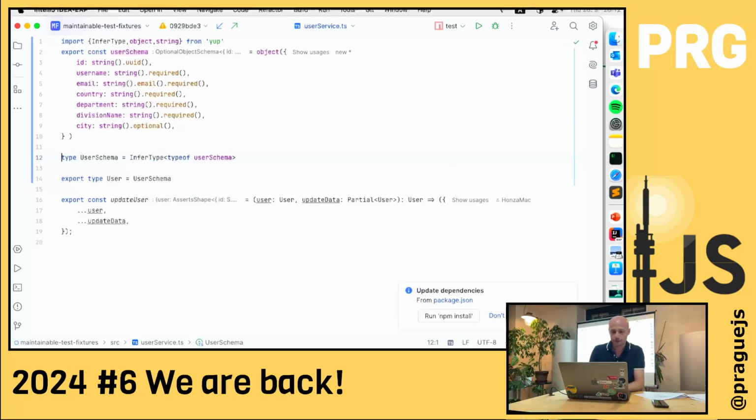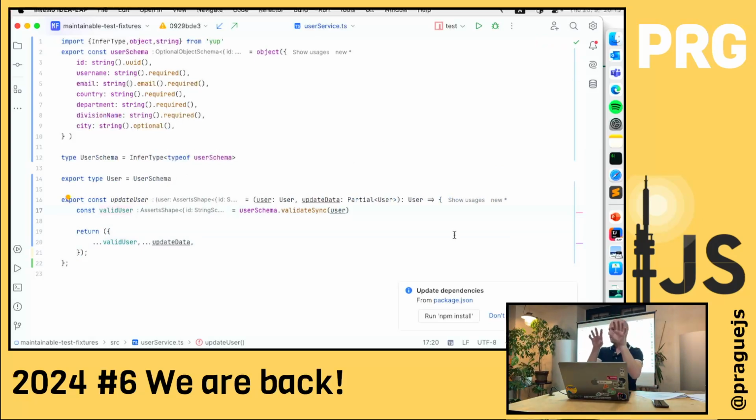I know it takes time, it's boring. But now I can do some new functionality here. It's called validateUser, and userSchema.validateSync. Okay, makes sense. Now I have the user defined in the schema. I don't need to have the type definition anymore. It's just taken from the schema.